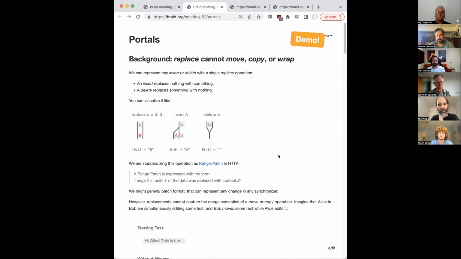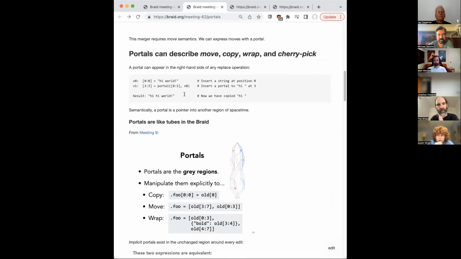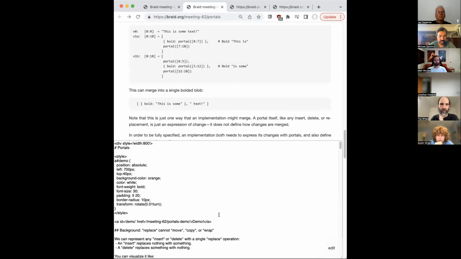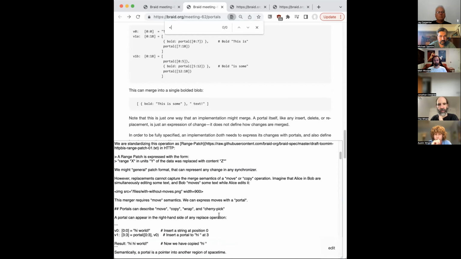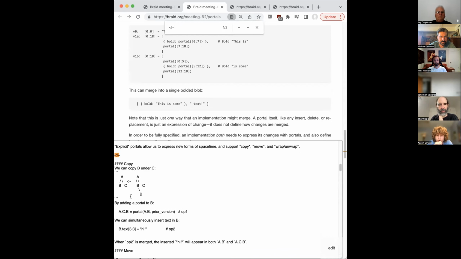Mike, just to confirm, the range patch allows you to specify the insertion operation, but it does not really encapsulate the move operation, right? It requires something else on top of that to express that. Exactly. So in order to express a move, you would use a range patch to say, do we have an example here? Oh, I have an example here, commented out. Here it is. Okay, I'll just uncomment this.